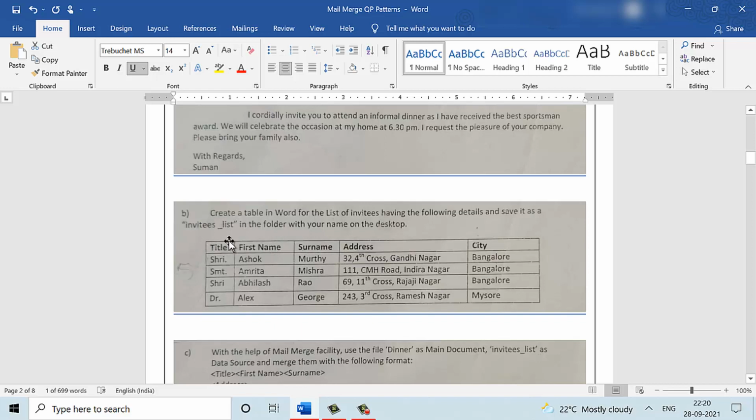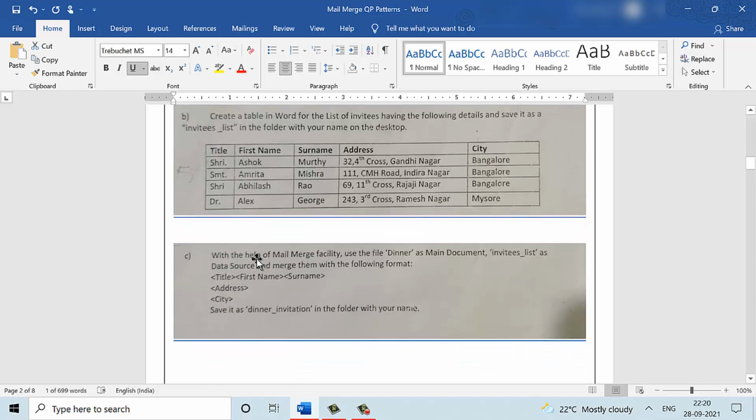It also specifies the file name with which the data source has to be saved and the location where it has to be saved. So in both part A and part B, the main document and the data source are supposed to be saved on the desktop.